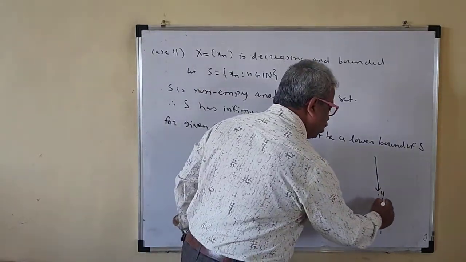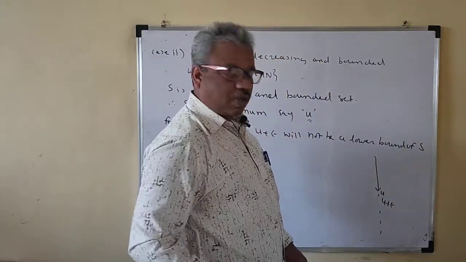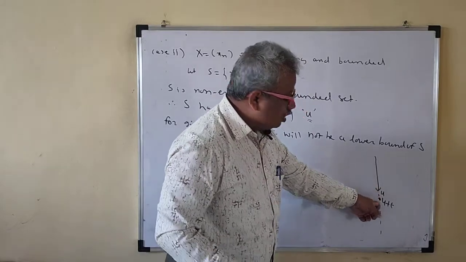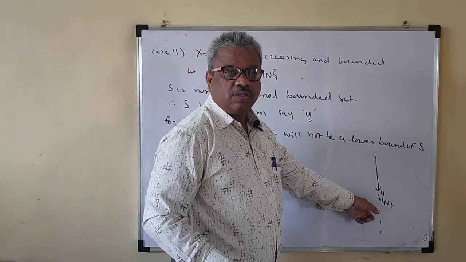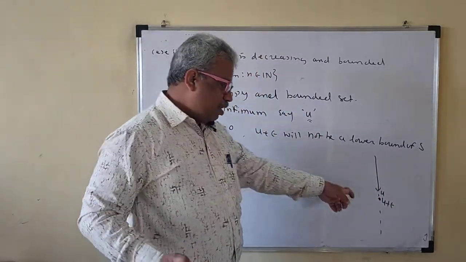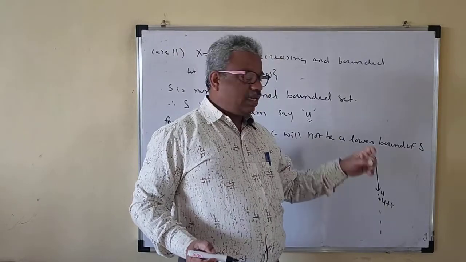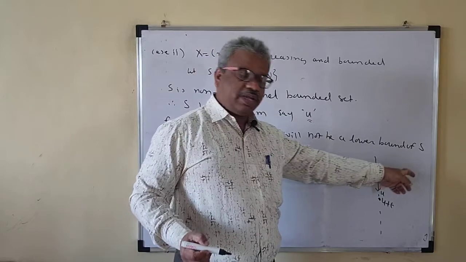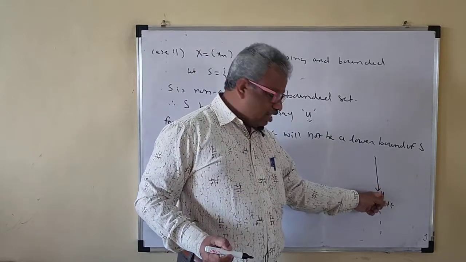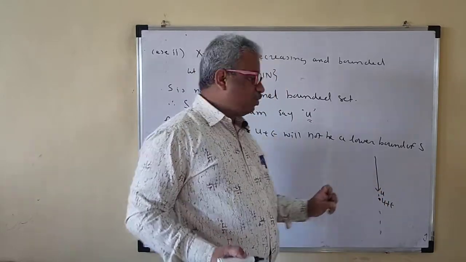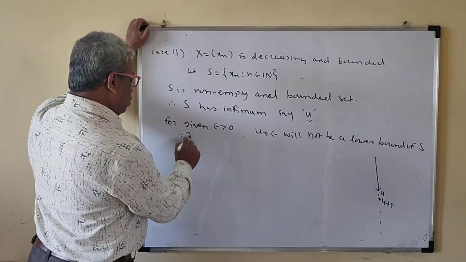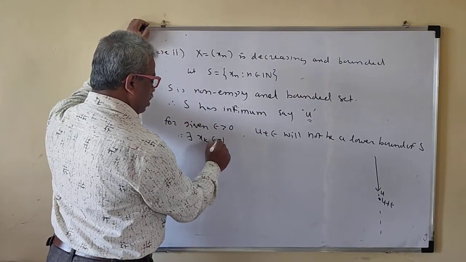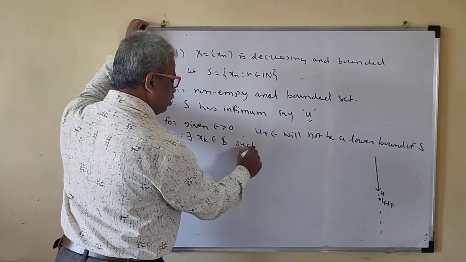That means in between U and U plus epsilon there is a number in S. There exists at least one number in S that lies between U and U plus epsilon. So therefore there exists xk belongs to S such that